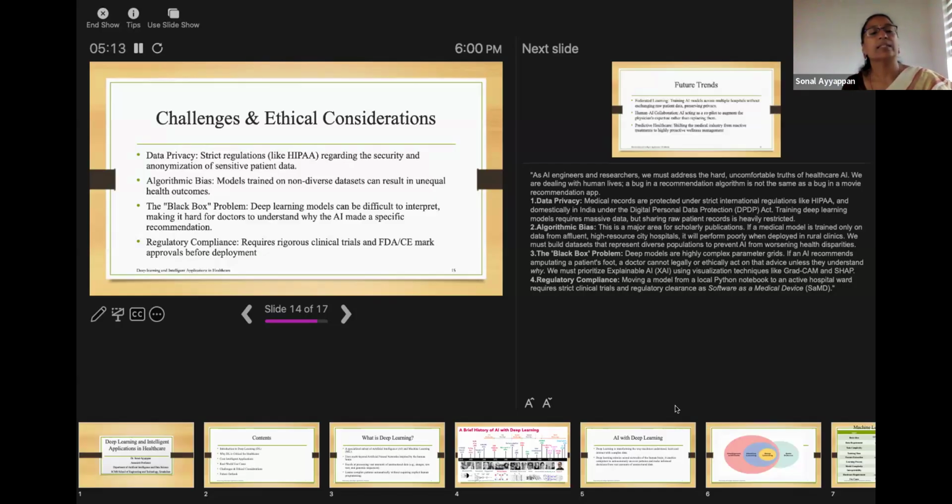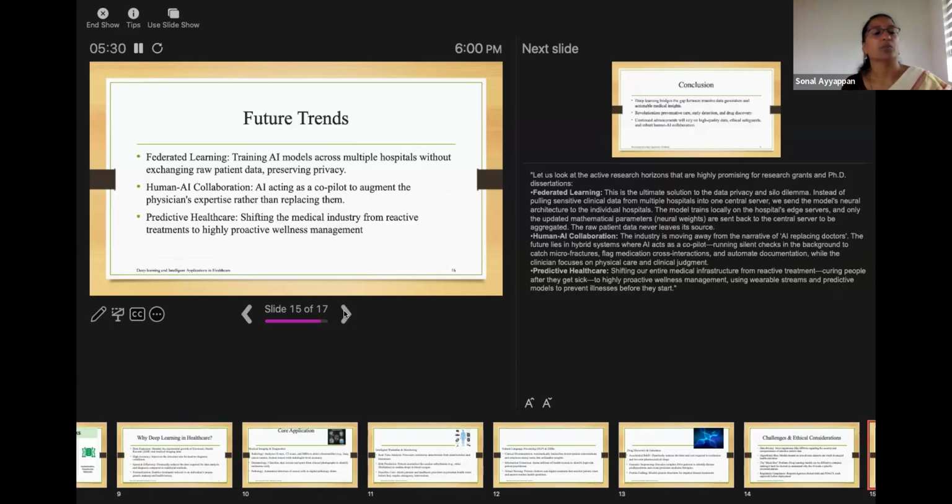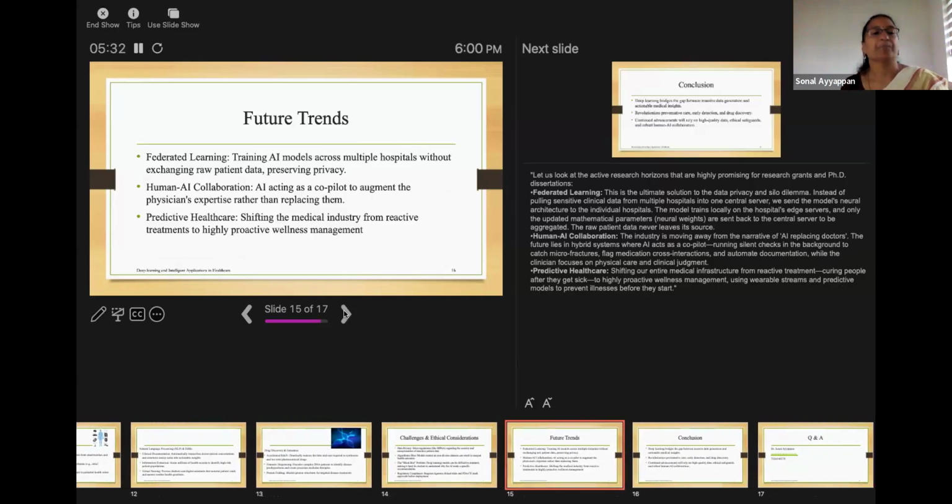So these are some challenges whenever you do a project, whenever you design a machine, whenever you make a wearable device. If it has to come to the market, then all these challenges and clearances have to be taken care of. Only then can it be put onto the market and used. Now the future trends, almost all of which are in the market now or going on now: federated learning, it's all put together.